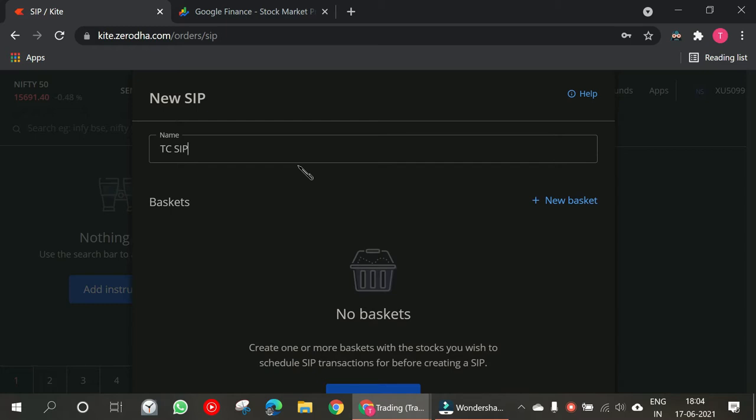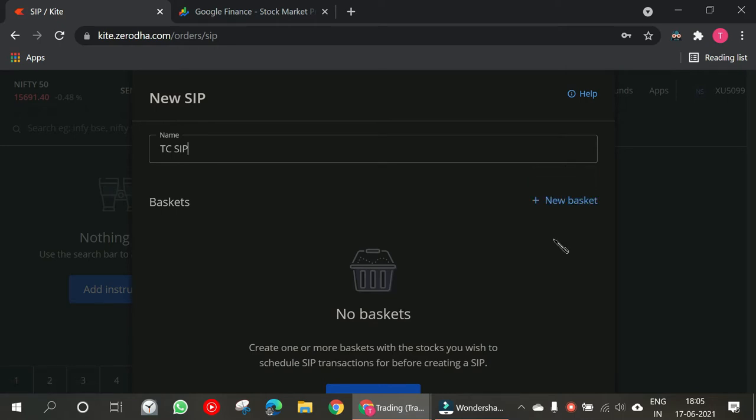Now in Zerodha, we do not have the option of creating a fixed amount SIP. Like we cannot create an SIP of 15,000 per month or 20,000 per month. Instead, we have to create a basket first and then link that basket to a SIP schedule. Now, what is a basket? Basket is basically a bundle of stocks that we want to buy at a fixed quantity. Right, so there are two methods by which we can create the basket. Either we can create it from here itself, or there is a separate tab under the orders section. We can create the basket and then come and link it. Either way, the basket will be the same.